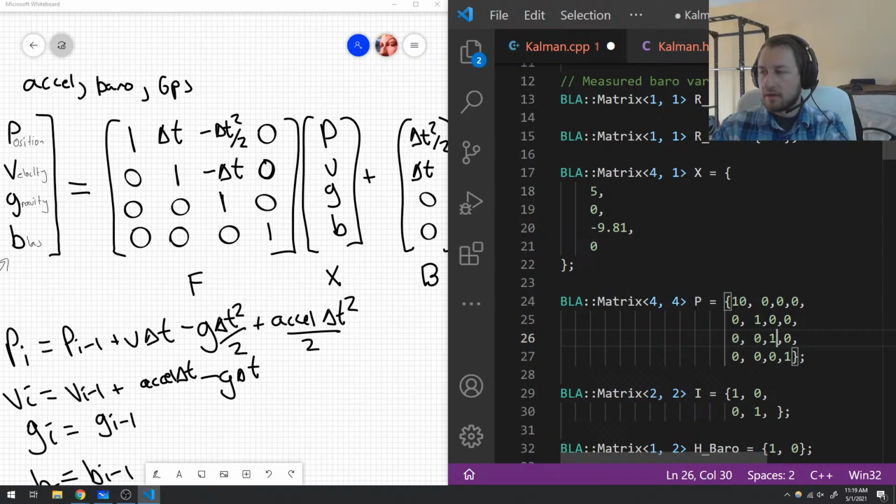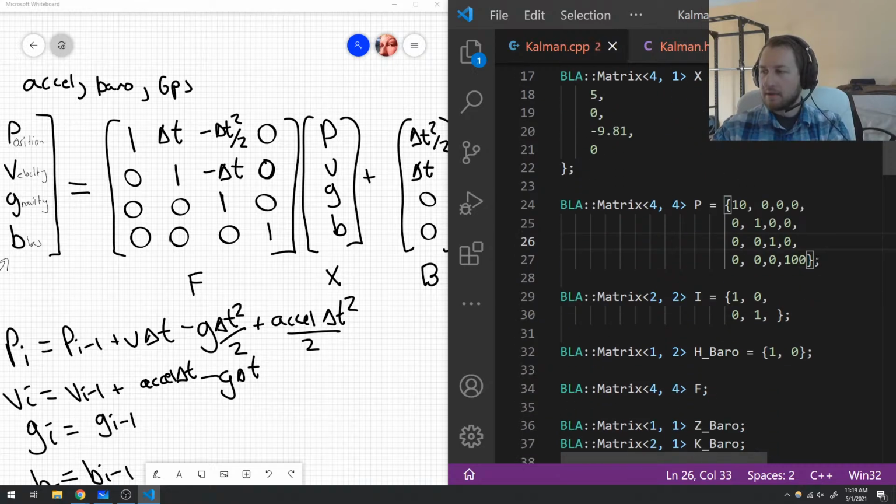Then you could adjust this number accordingly. And then for the bias, we're not sure that the bias is anywhere near 0, so you can say this is 100 or something like that. And again, these values here are really just kind of arbitrary. This isn't a rigorous mathematical way of setting these values properly,